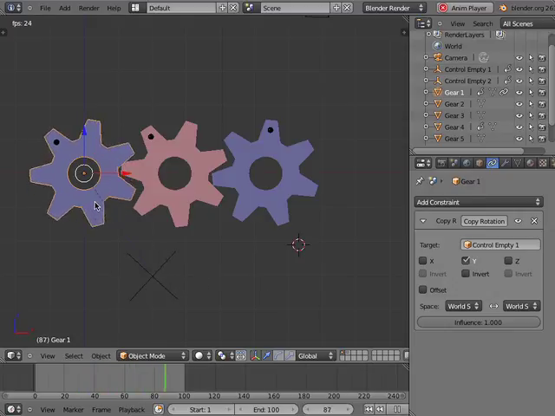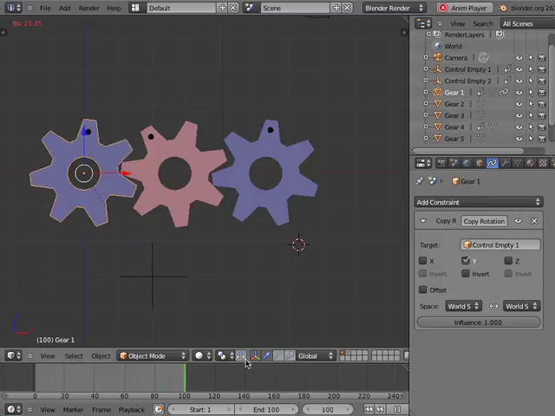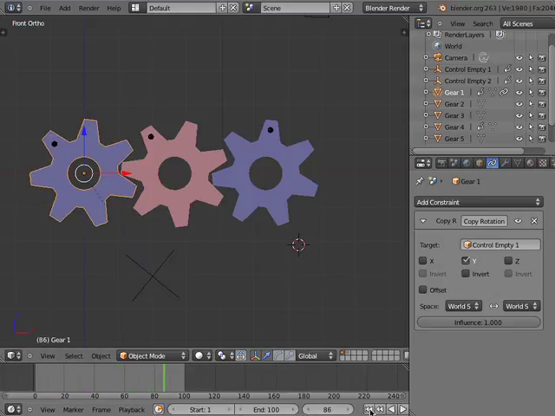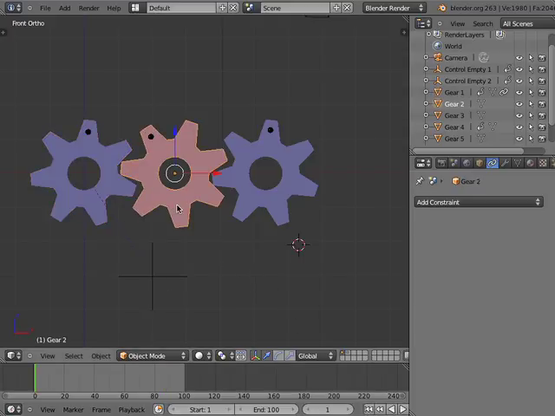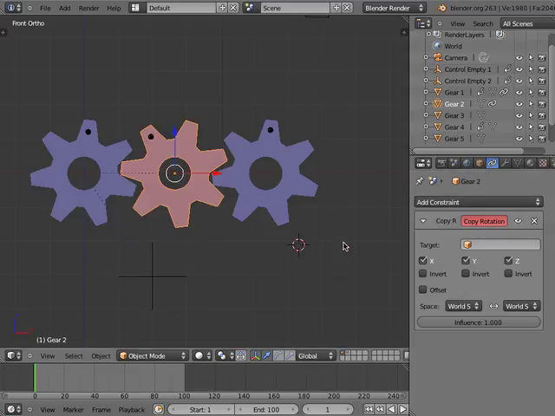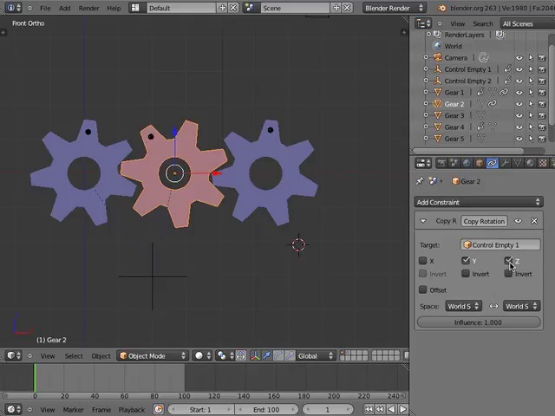Taking its Y rotation settings from the ControlEmpty1 object, the Gear number 1 object rotates around its Y-axis 360 degrees in 100 frames. I'll stop the animation and go back to frame number 1. I'll select gear number 2 and add a Copy Rotation constraint. In the target box, I'll select the ControlEmpty1 object. I will uncheck the X and the Z Copy Rotation checkboxes,